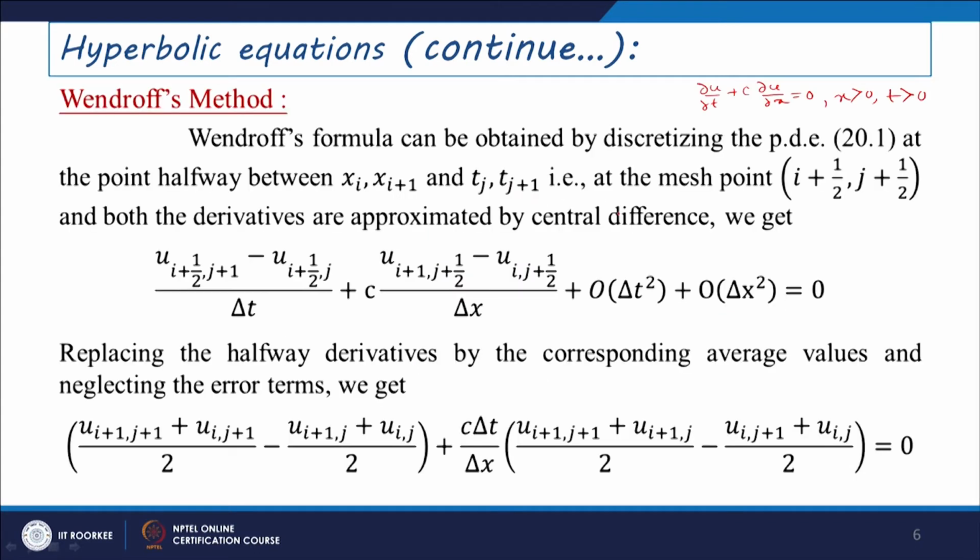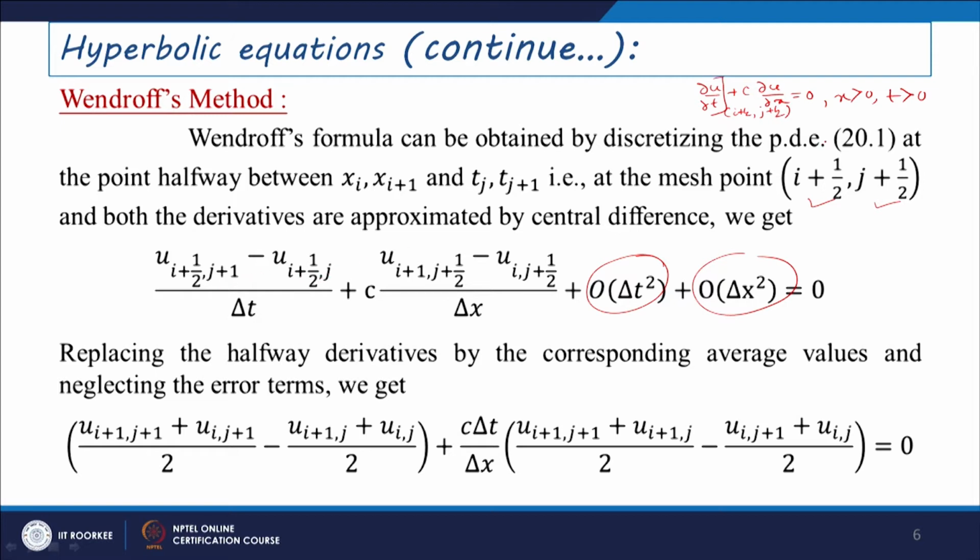So, that is why we are just considering the point as i plus half and j plus half there, and both the derivatives are approximated by central differences here. And if we discretize this del u by del t term at the point i plus half and j plus half using the central difference scheme, then we can write this as u i plus half, j plus 1 minus u i plus half,